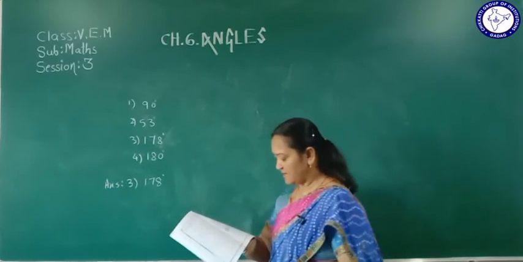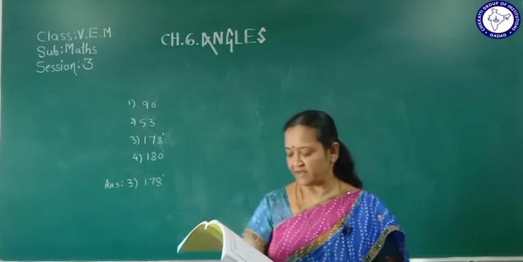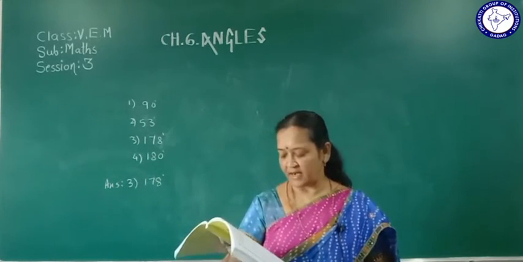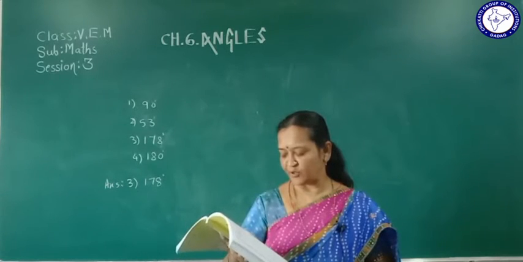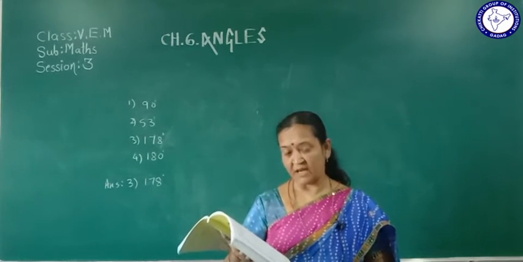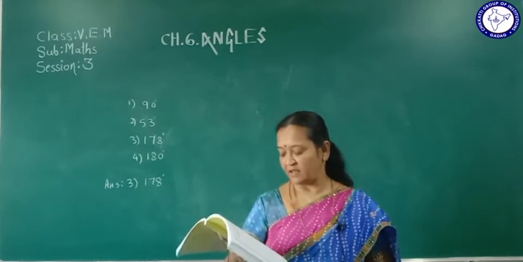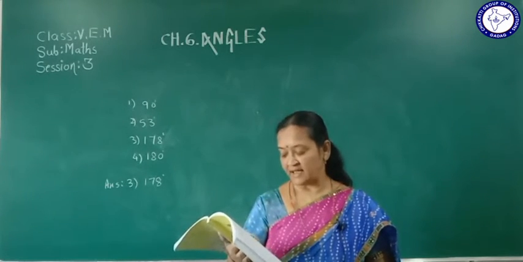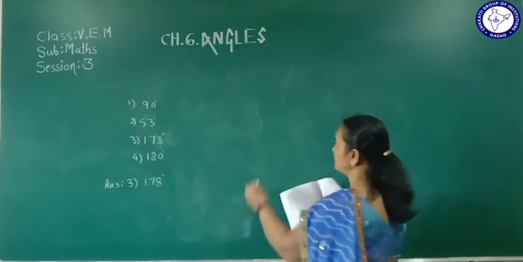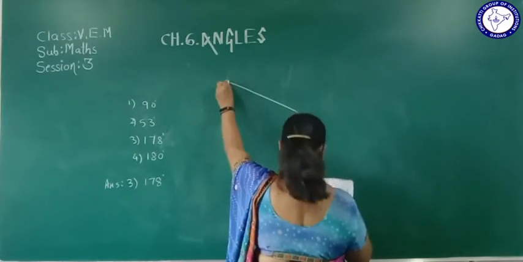Got this? Then B question. In the given figure, the number of right angles, acute angles and obtuse angles are. So how many acute angles are there, how many right angles are there and how many obtuse angles are there, those we have to find. So here the figure is